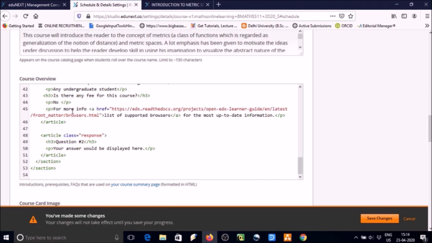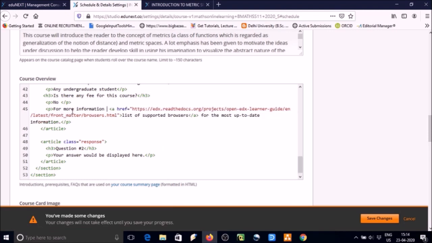For more information, I'm writing something and I will give a link. This is basically HTML code for learning some basic things about HTML code. One can refer to www.w3schools.com. From there some basic information one can get.